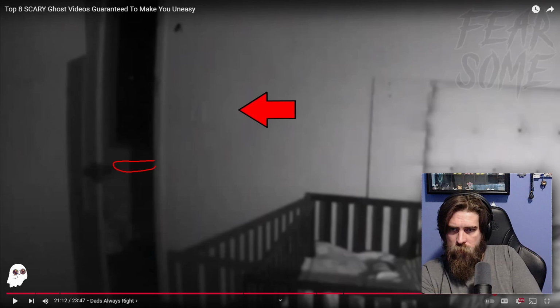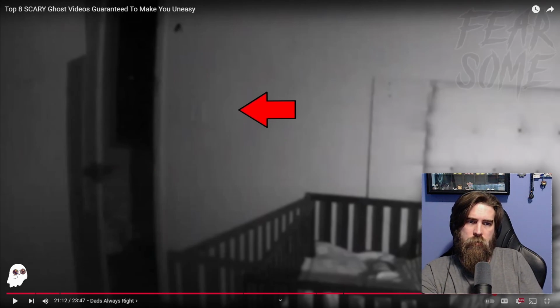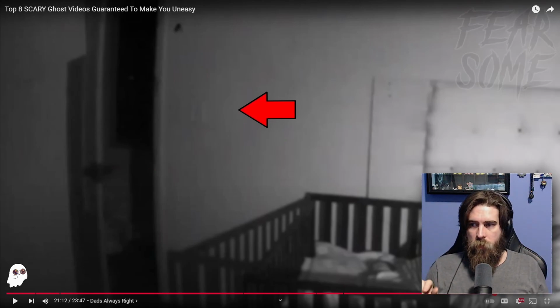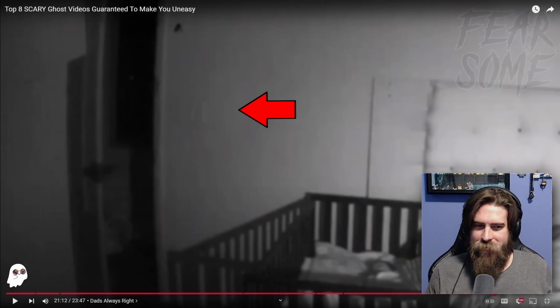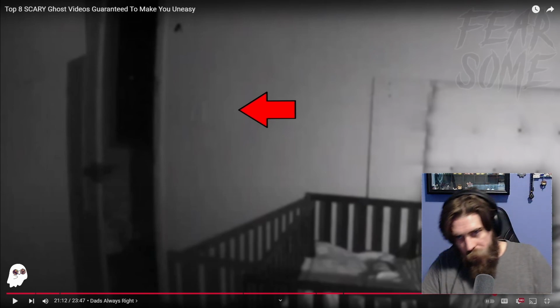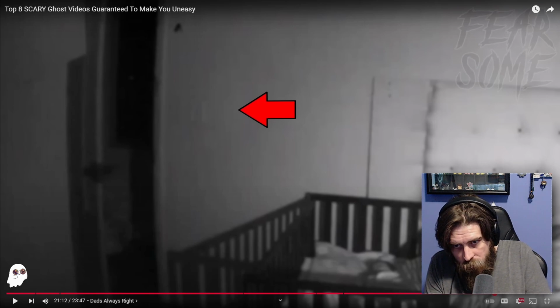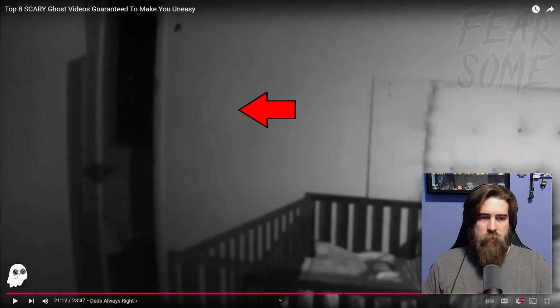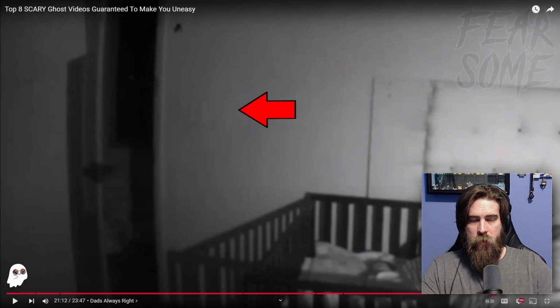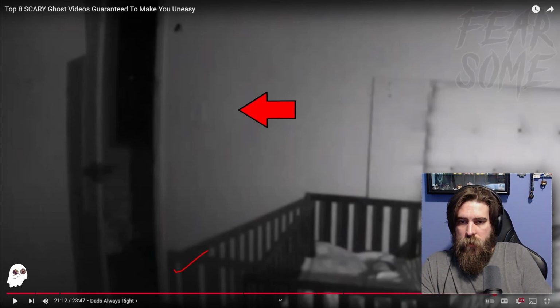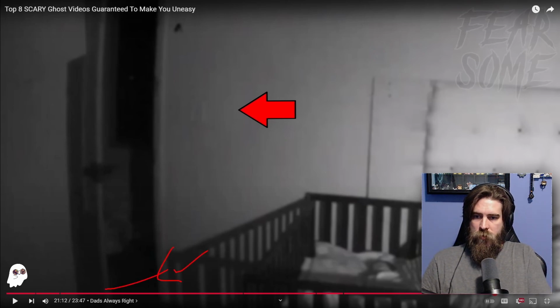This is the monitor that I use to very poorly color grade, but you can see that there is a string. You can see it's attached here, and then it's going off that way. So that's the string that they use to recover the door once it's been pushed open. So it's very likely that somebody's gone from down here. They've pushed the door open all the way, and then they grab the string and yank it closed again, and then they push it open again. You know what I mean?